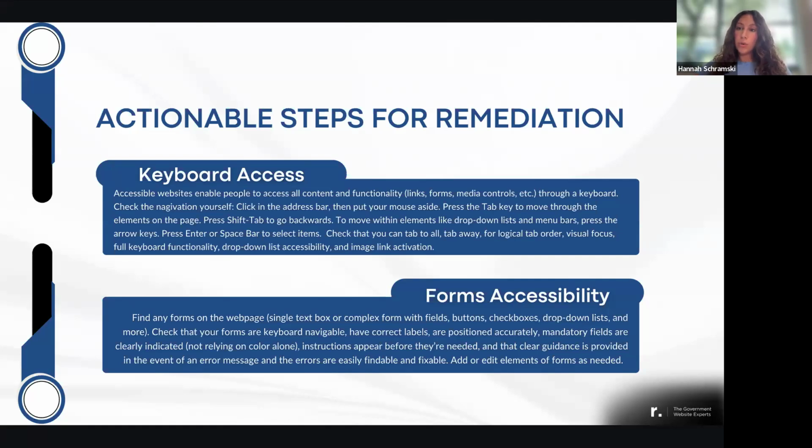And if you notice an issue, you can go ahead and remediate yourself, or feel free to reach out to your website provider, notify them that you found an issue, and see how they can help fix that keyboard access for you. So the next one is forms accessibility, and this one is a bit more complex and has multiple components,